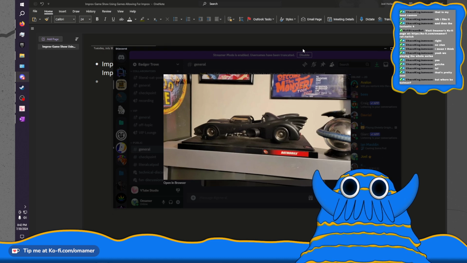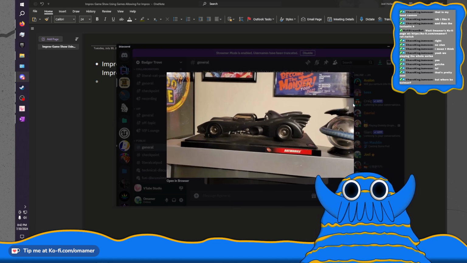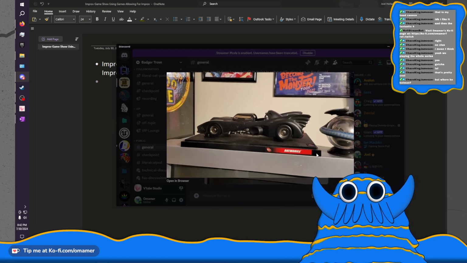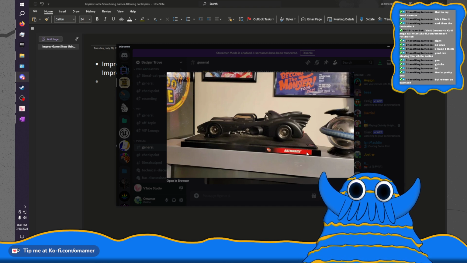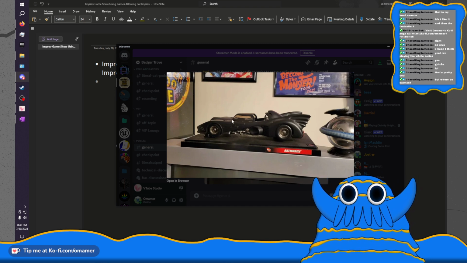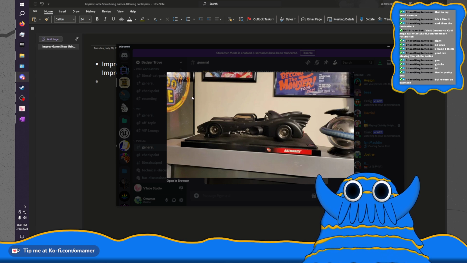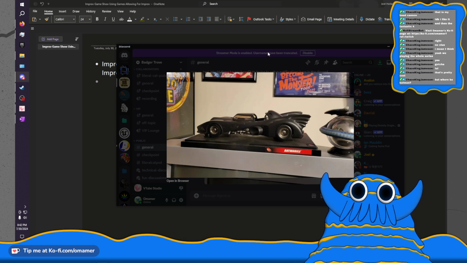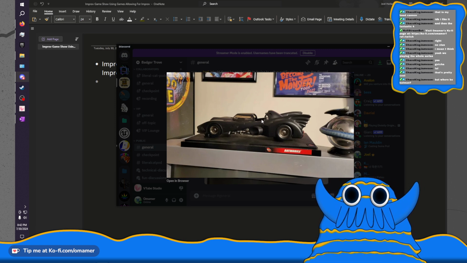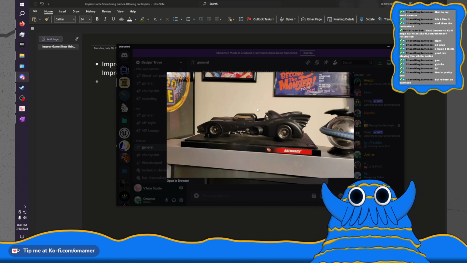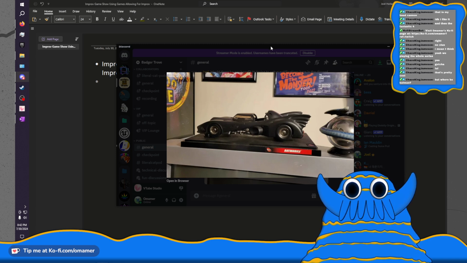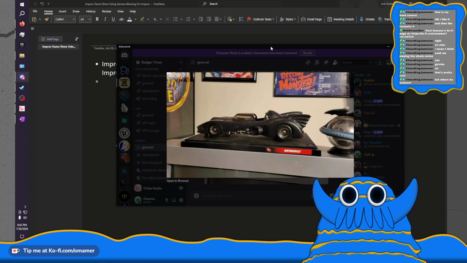Someone just threw this away, apparently. I don't know what model Batmobile this is, if it's from a movie or a game or a comic book. No clue. But yeah, it's mine now, apparently.